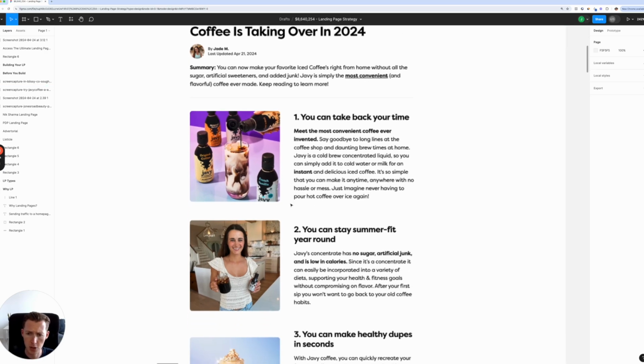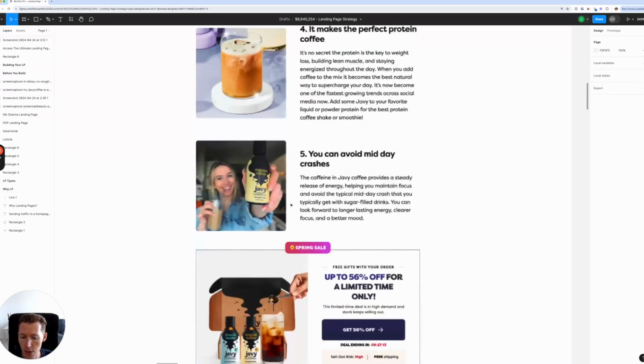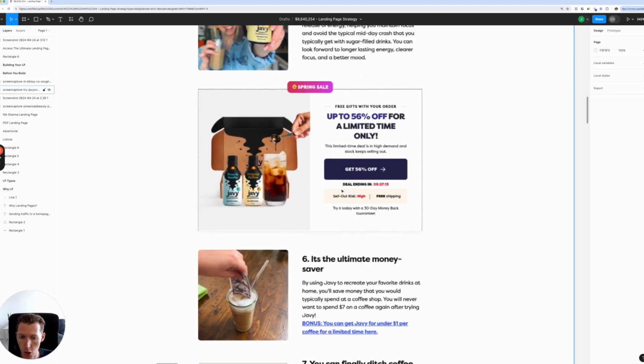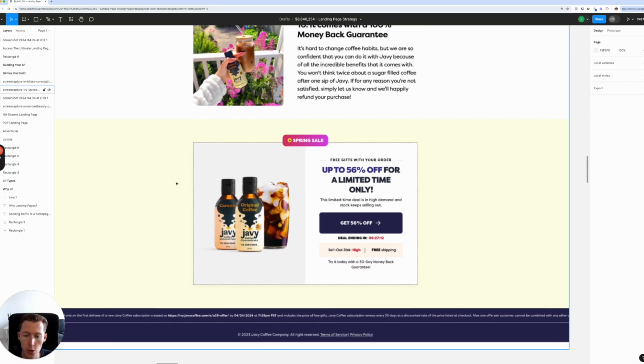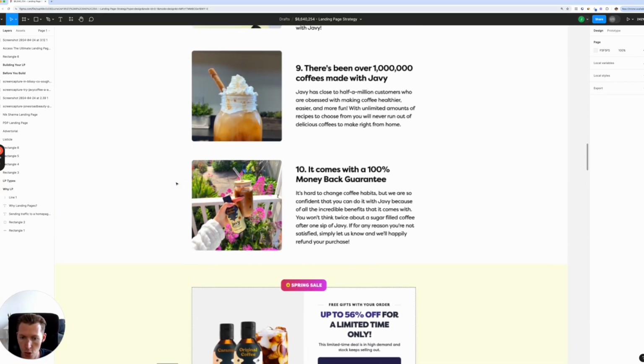Of course, on mobile, this would be stacked. So you have image, text, on top of each other down the page. But this is the 10 reasons why, right? And throughout, they have some calls to action to click through and purchase. And that's really the goal, right? You use this as a very easy way to explain your product, educate the customer on the product and the solution, and back that with some social proof, some